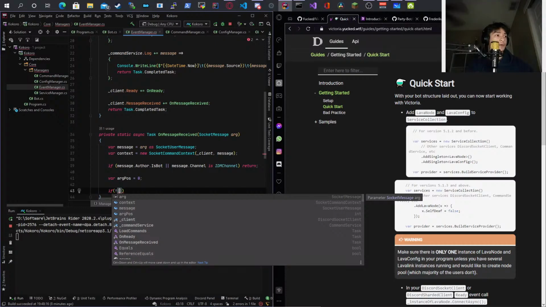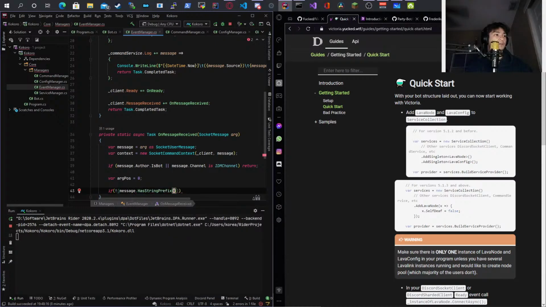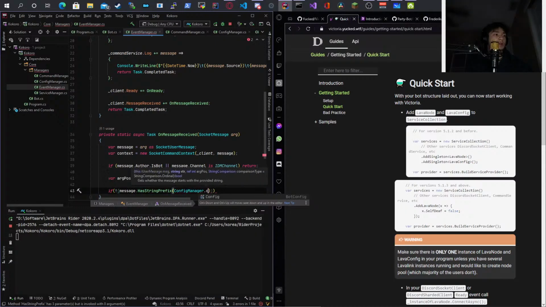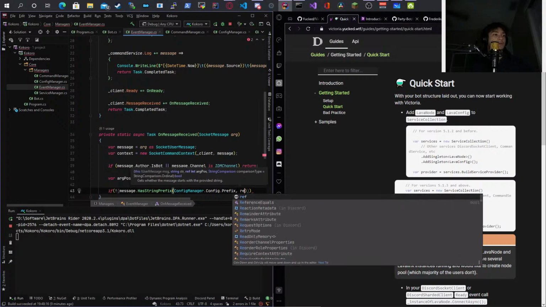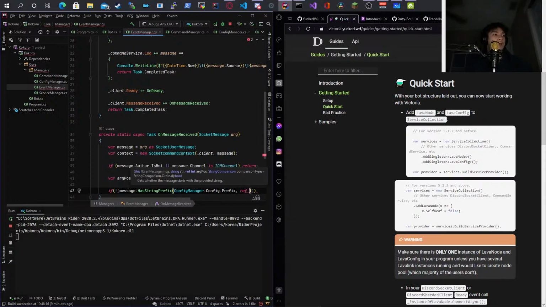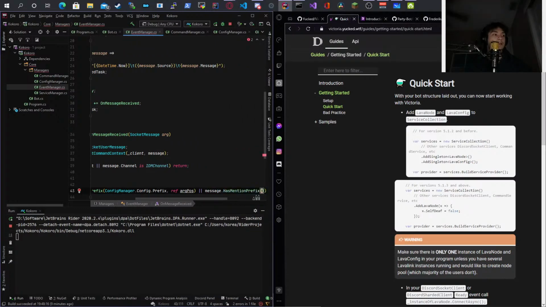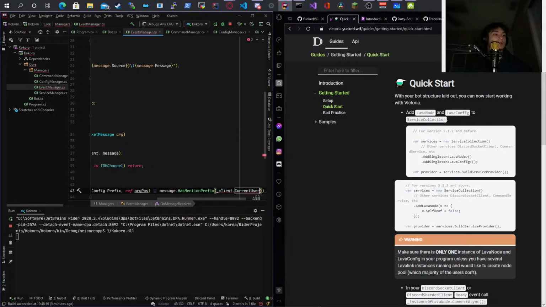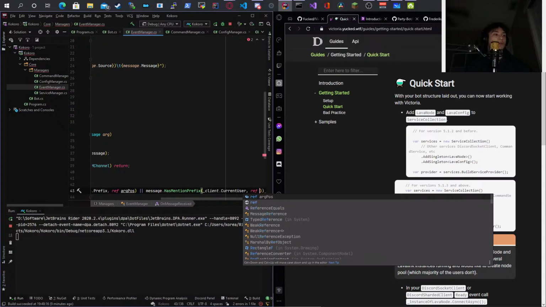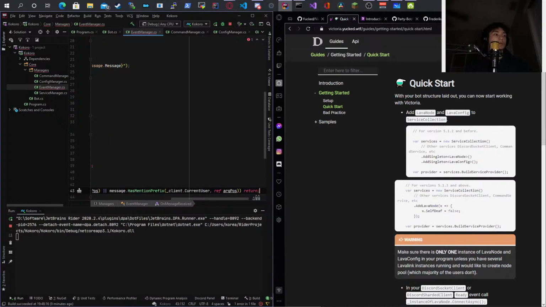So first is the string prefix: message.HasStringPrefix, and it's going to be ConfigManager.Config.Prefix, and then we're going to refer to argPos, or message.HasMentionPrefix, and it's going to be the client.CurrentUser, and we're going to refer argPos, return. I do know that I'm missing one parenthesis there. There we go.